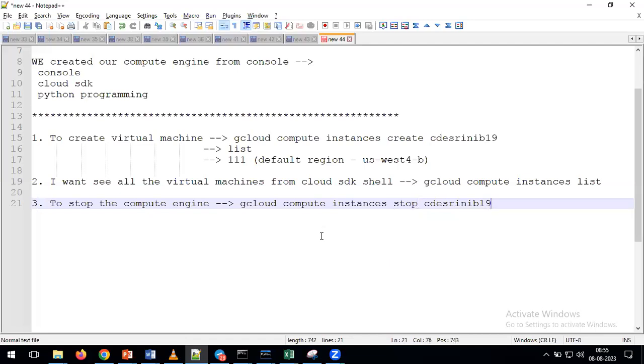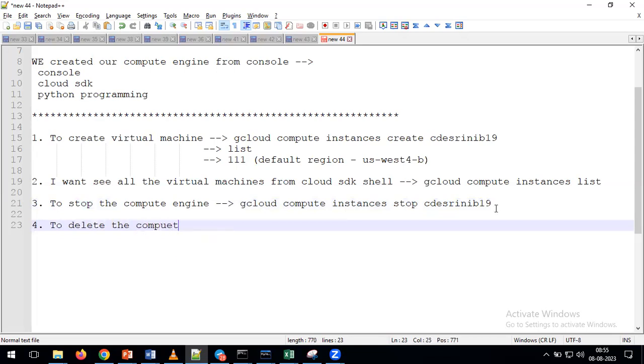With that, we can stop the machine. But if you want to stop the virtual compute engine from the Cloud SDK shell, simply give the command gcloud compute instances stop. With this stop keyword, you can stop your compute engine from the Cloud SDK shell. In the same way, if you want to delete the compute engine,